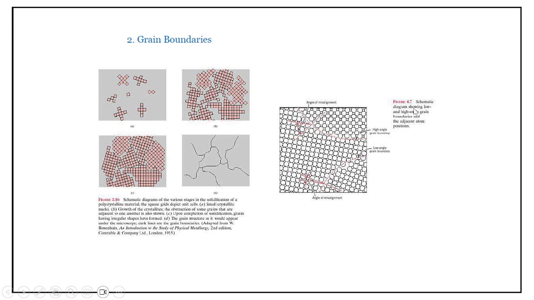This is a schematic diagram showing low and high angle grain boundaries and adjacent atom positions. You can see that the rate of cooling of the metal defines the formation of the high angle and low angle grain boundaries. The first diagram shows how